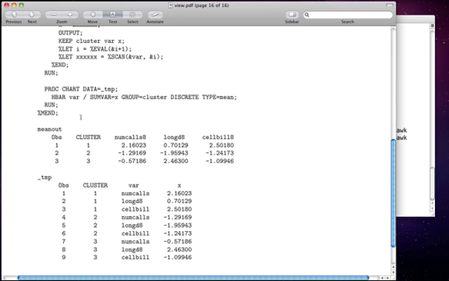Once I have that data set, all you have to do is call up proc chart, and you get the output, the bar chart that I showed you earlier. So that's it for